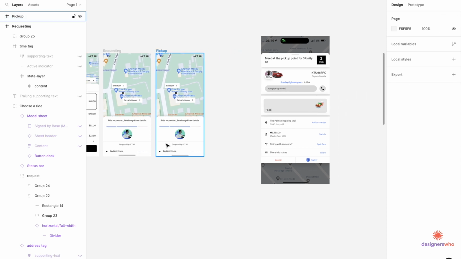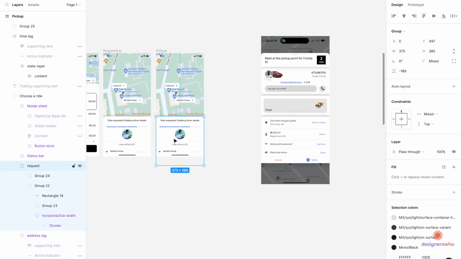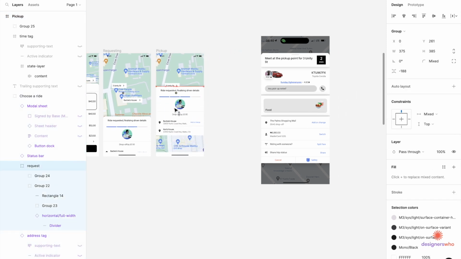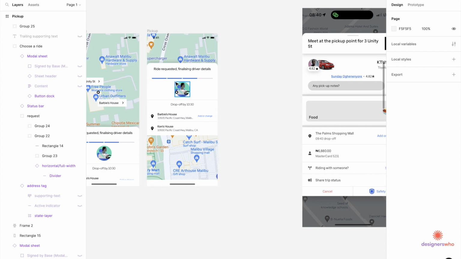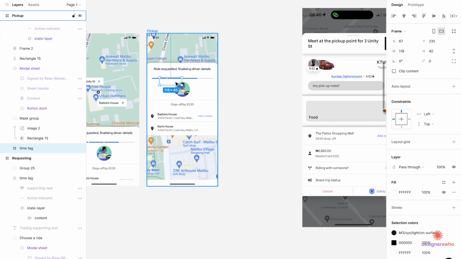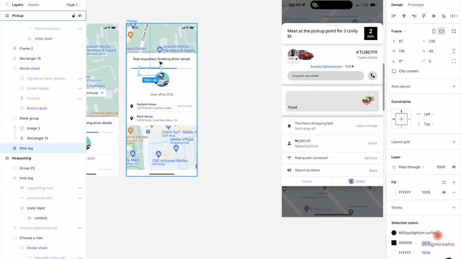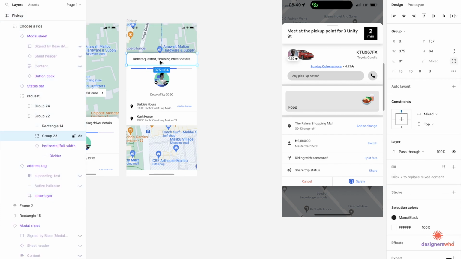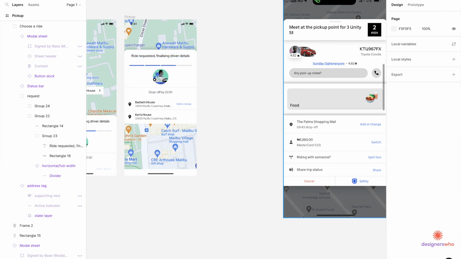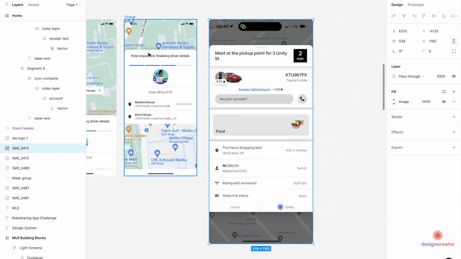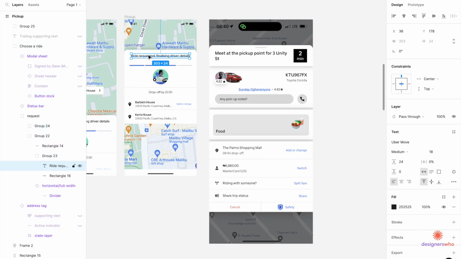Now I'm going to pull this up, pull this card that we created over here. I'm going to pull this up so far up. I can delete this now. I don't have to delete it, I could just send it to the back. Okay, now I'm going to make this left aligned. Rename it as meets at the pickup